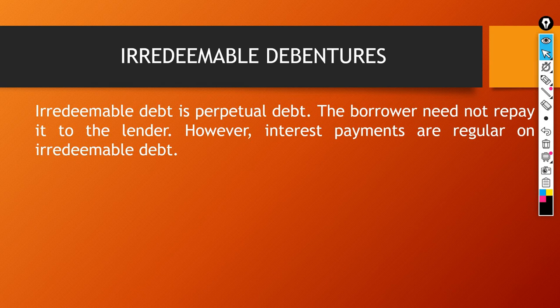If I am a company issuing irredeemable debentures to an investor, and the investor pays me rupees 100, and the coupon rate is 10%, I have to pay 10% interest every year, but I will never repay the amount of rupees 100 that he paid me at the time of issue. So the borrower need not repay it to the lender. However, interest payments are regular on irredeemable debt. I have to pay the interest, and interest payment is regular. Regular means after each equal interval of time, I have to pay the